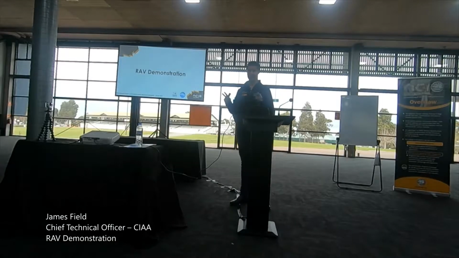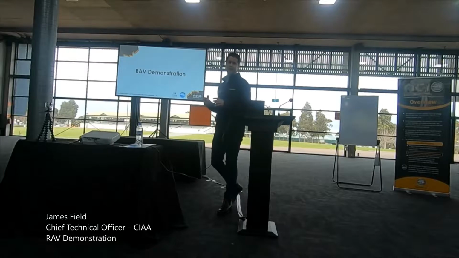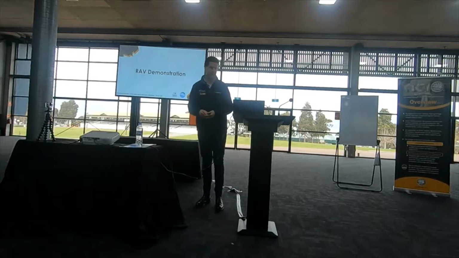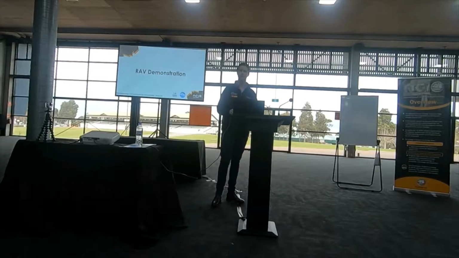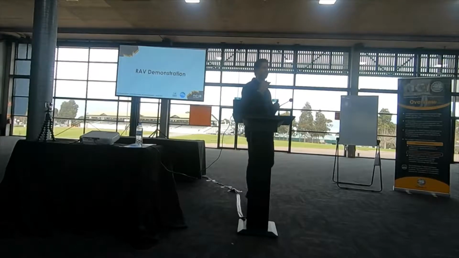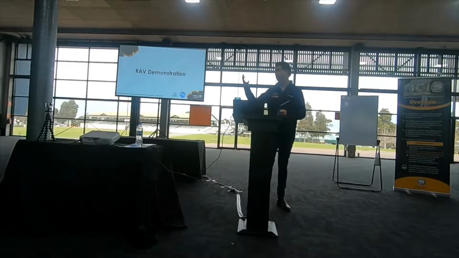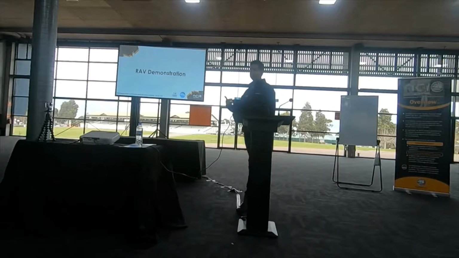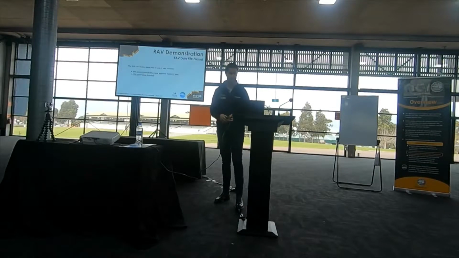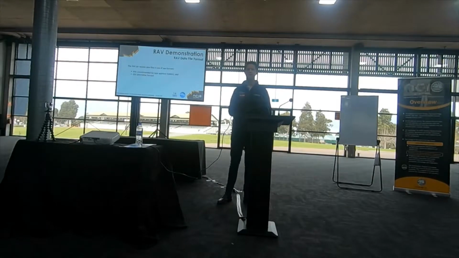Apologise in advance, this is a lot of slides and a lot of screen grabs, but it's the only way to go through the process thoroughly. So there's going to be a bit of death by PowerPoint in this section, but I'm hoping by giving you an actual visual of what it looks like and how to use it, it might start to make a little bit more sense to everyone. So the RAV, as we all know, is an online database, but it can only receive